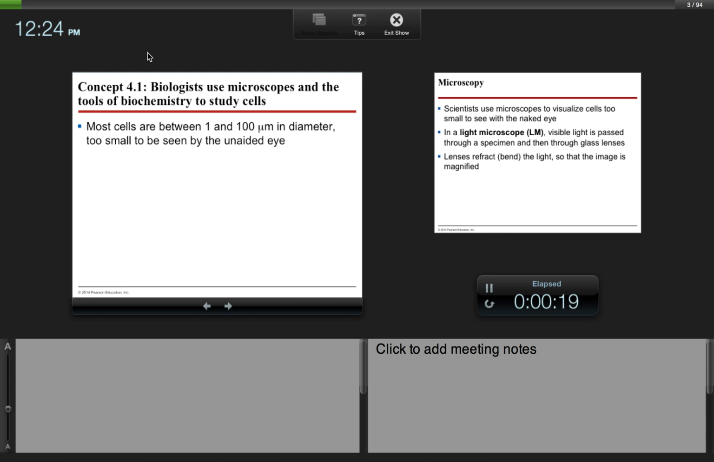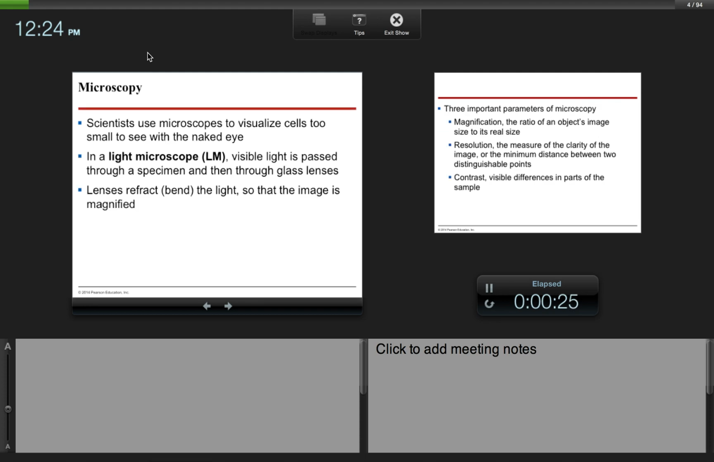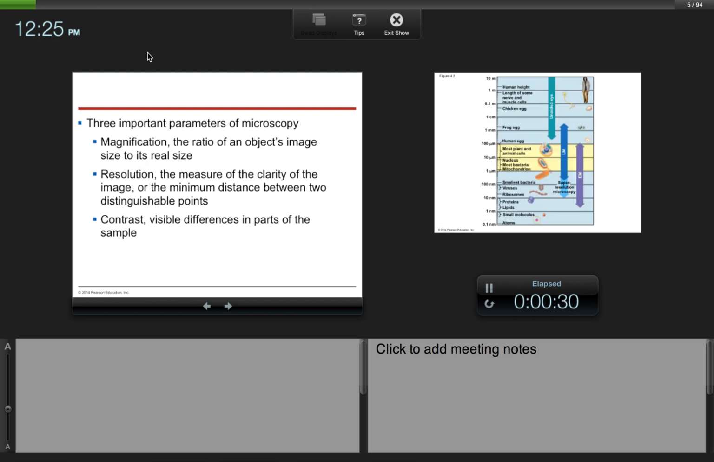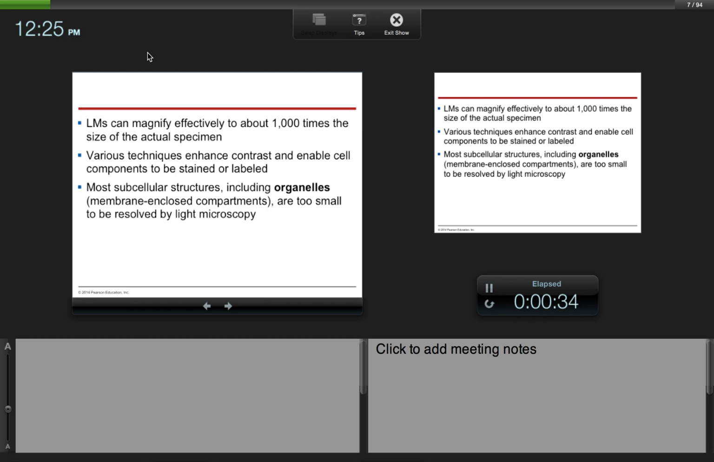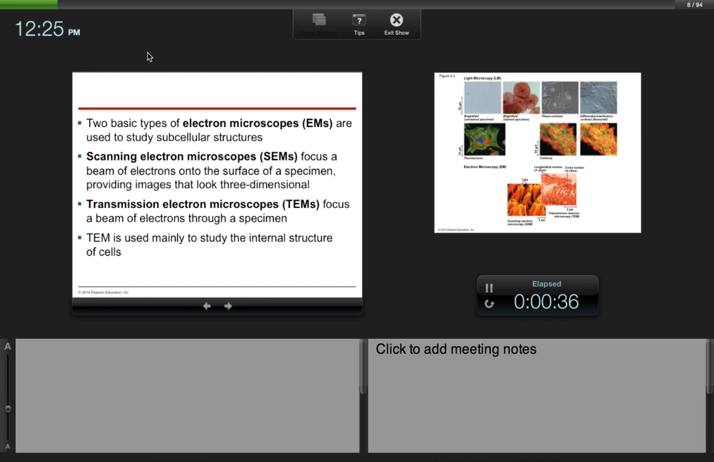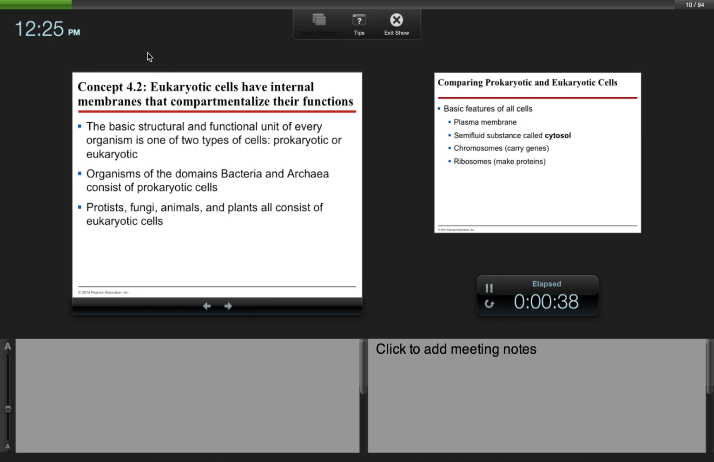Most cells are between 1 and 100 micrometers in diameter, which is too small to be seen by the unaided eye. So we use microscopes to view cells. We didn't talk too much about the microscopes, but we did, however, use them. So we're going to skip over all the microscope stuff, and we're going to start with